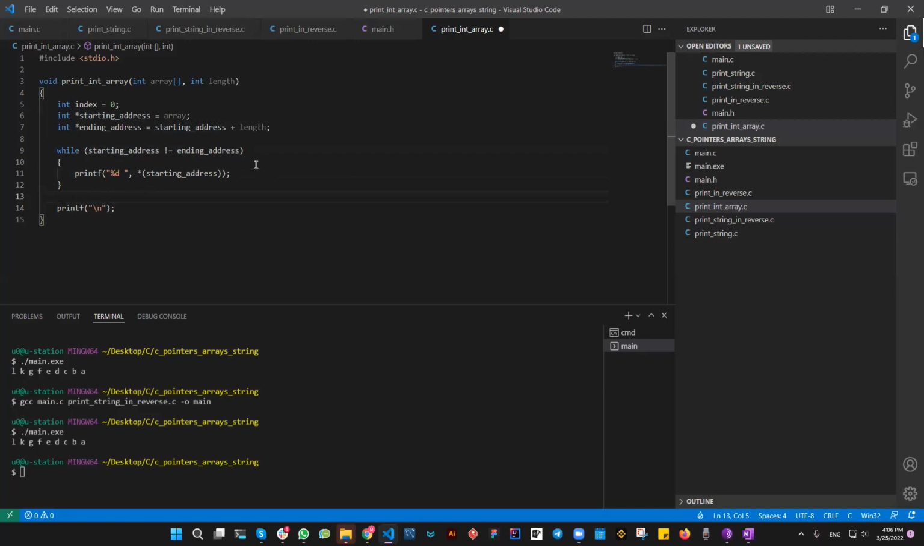And now that we displayed the value from an address, we want to move to the next address. So the next address will be the starting address plus 1. This is what we're doing here. So while the starting address is different from the ending address, we display the value at the starting address, knowing that, yes,